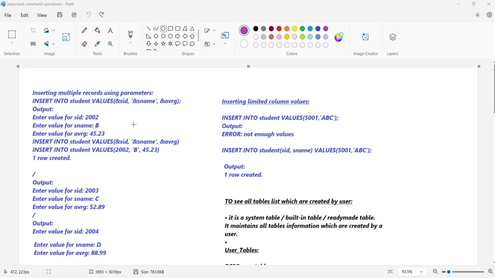In the previous session, we inserted data by using the insert command, that is, insert into table name, then values, then open bracket, then entering the data to be inserted into the table, then close bracket, then semicolon. But if we want to insert more than one record into a table, for that we use